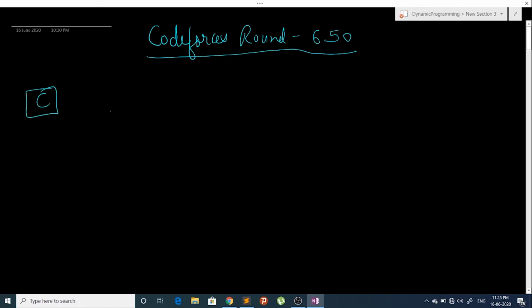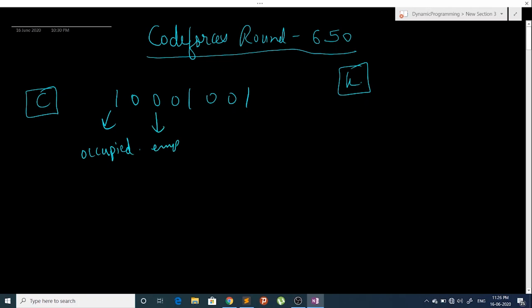So in problem C, we are given a string consisting of zeros and ones, for example 1 0 0 0 1, and we are also given an integer k. In the string, 1 denotes that this table is occupied and 0 denotes that this table is empty.